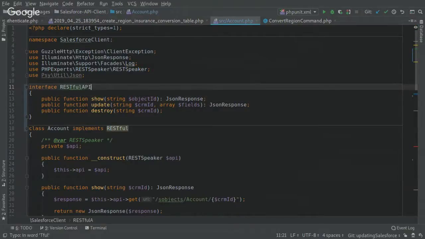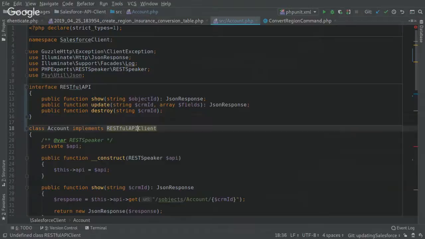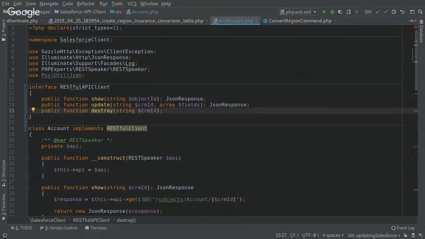I think RESTful API would be more descriptive. I'm going to call it the RESTful client. It could be confusing if we have another RESTful client somewhere. Yeah. We have a Salesforce REST client. I think it'll be fine. Right. And so then